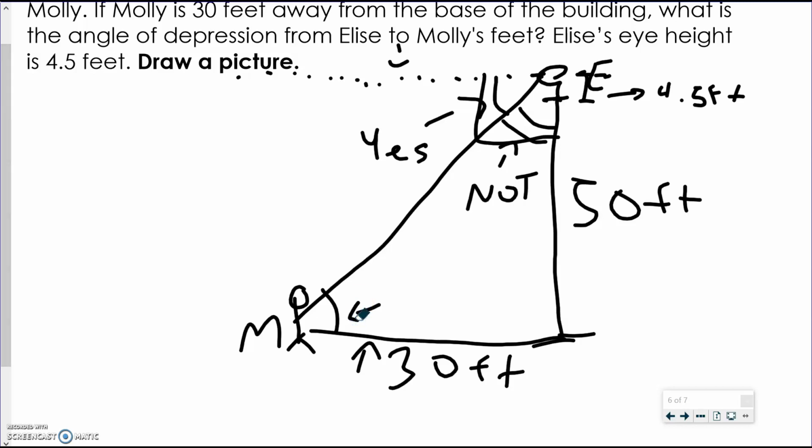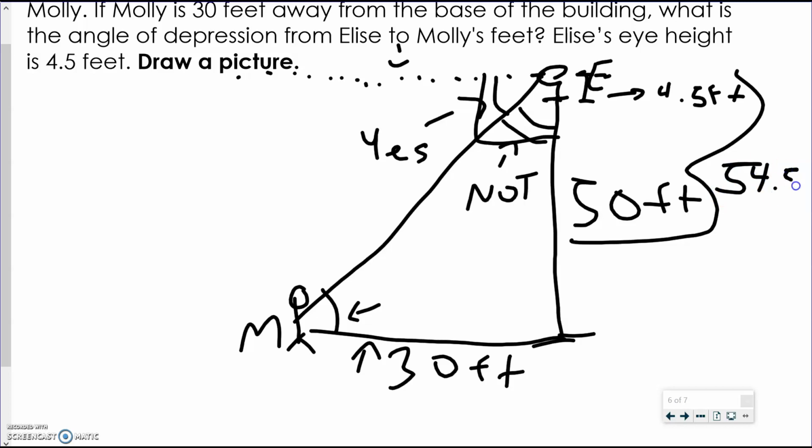All right. Let's go ahead and label our sides. Now a lot of people would say that, oh, it's 50 feet would be my opposite side. In fact, it is actually going to be 50 plus 4.5, because if we look at our triangle, it connects from Molly's feet up to Elise's eyes. So the total triangle length over here, instead of 50 feet, is actually